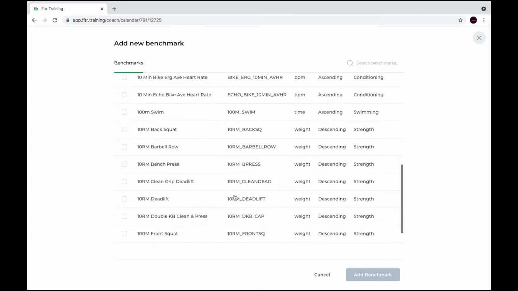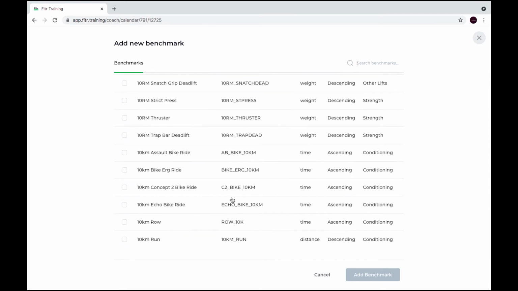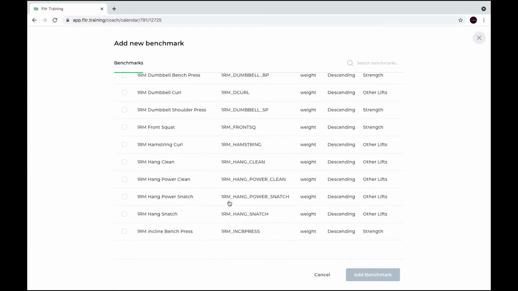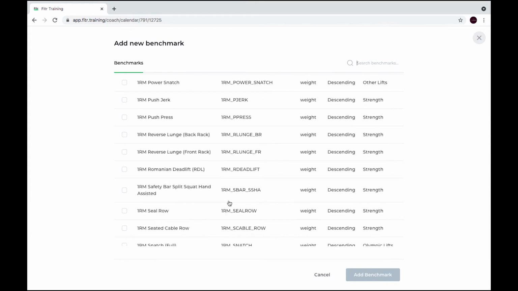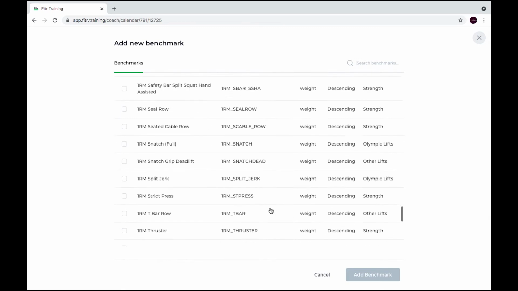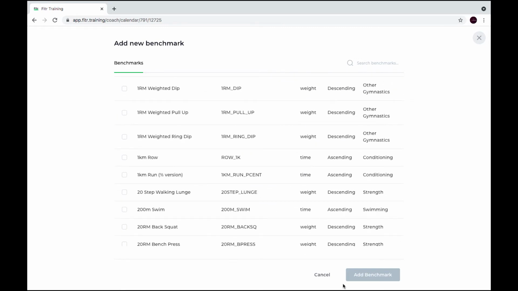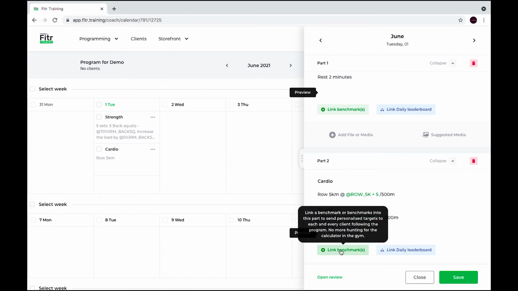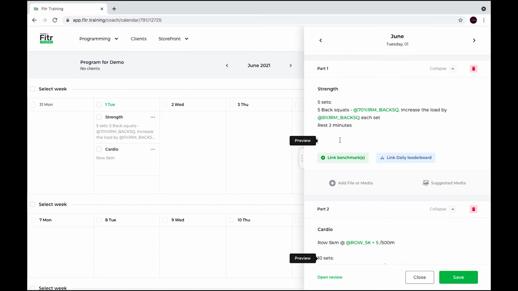We've got running, biking, we've got gymnastics tests, and again we can add in a benchmark for you to use, a gymnastics hold, anything like that. Whatever you want to use as a code to input for your clients, then we can pretty much make up anything. And so you don't have to go through the link benchmark. If you start to use this 5k row benchmark or the back squat benchmark and you remember it, you can just input it